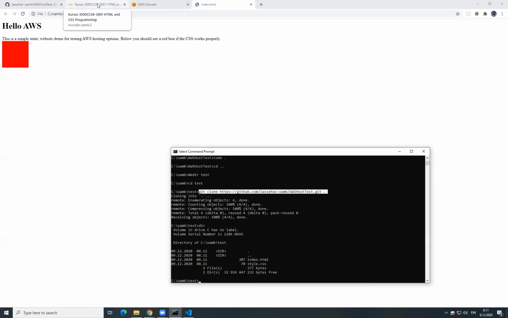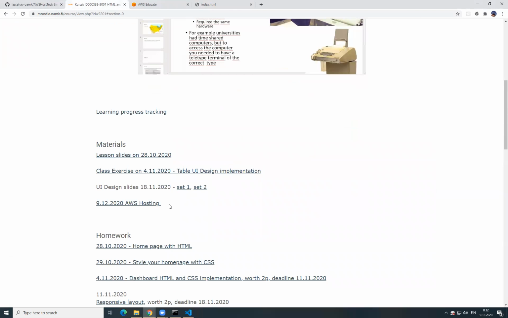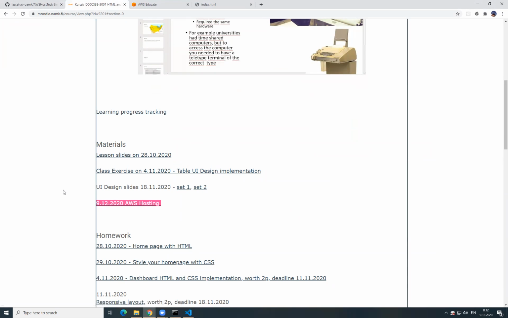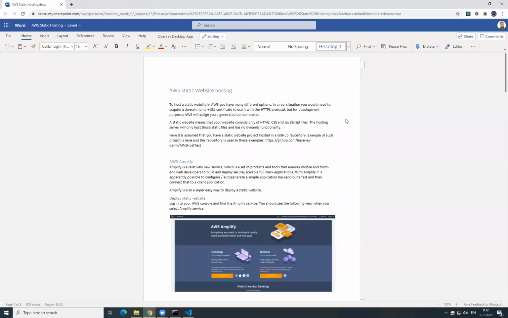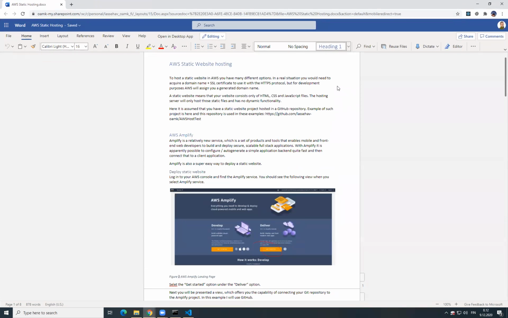Then to the AWS side. Here in our Moodle project, you can find this link. There is now a little bit of written instruction material to help you. It looks like this. And we are going to go through two different ways of deploying our static pages. First one is an Amazon service called Amplify, which is this kind of ready to use box,